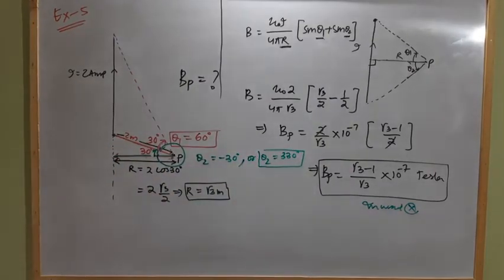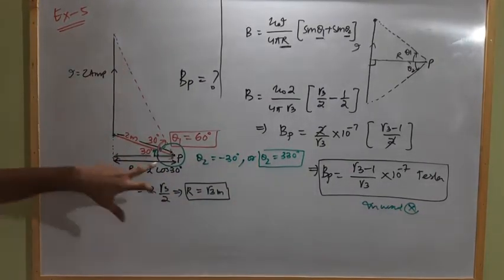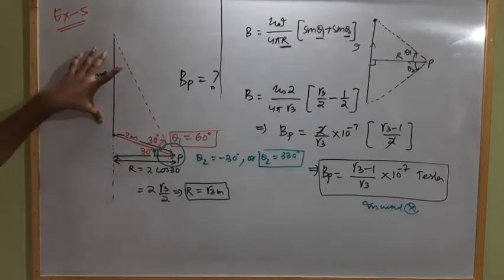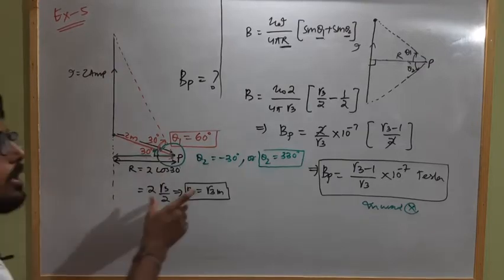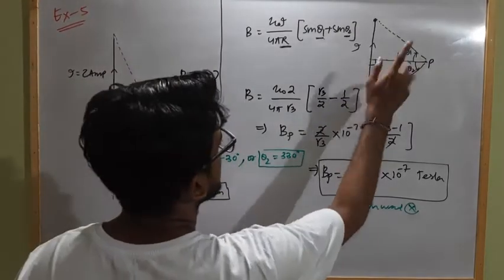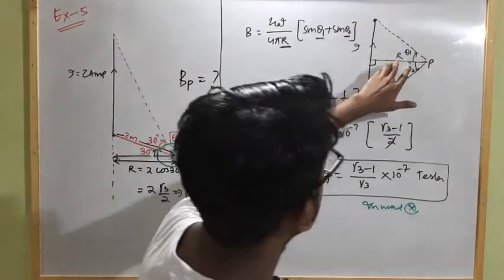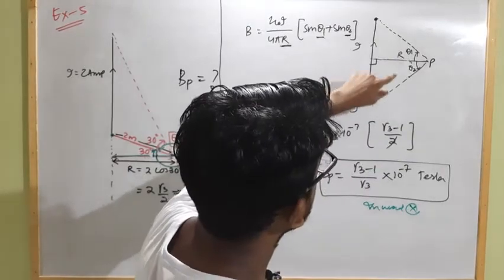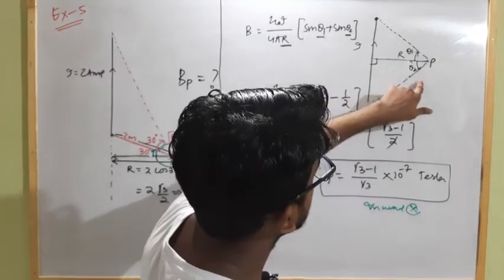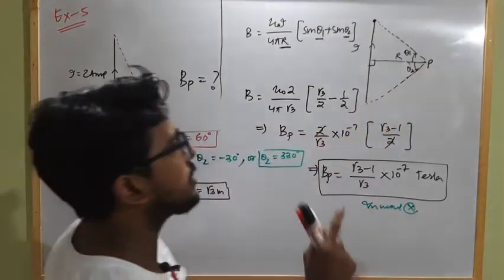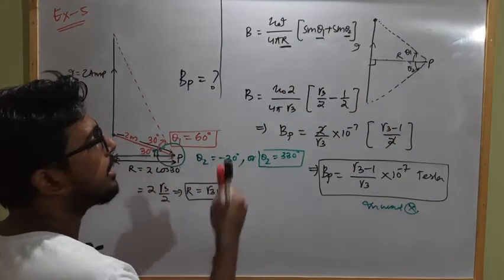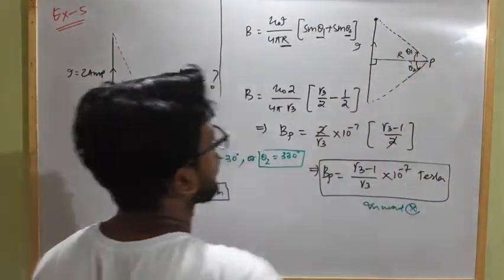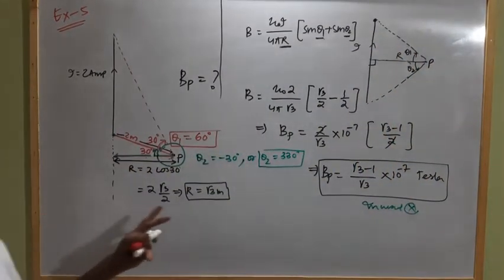Clear? So if the point of observation is at any arbitrary point which is not on the perpendicular distance from this current carrying conductor, then we can calculate the magnetic field strength by using this concept, where you have to remember theta1 is the angle made by one end in clockwise sense, theta2 is the angle made by another end in anti-clockwise sense. You have to remember the sense. If the sense is opposite, accordingly the sign will be changed, and r is the value of perpendicular distance from this long straight current carrying conductor to the point of observation. Clear? Understood?